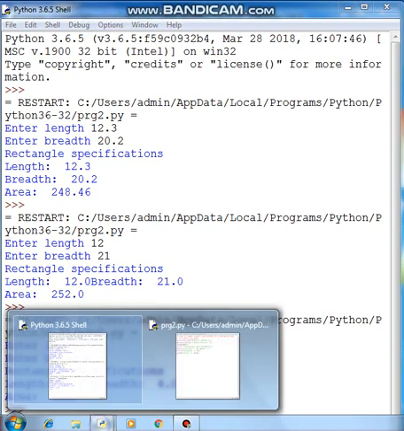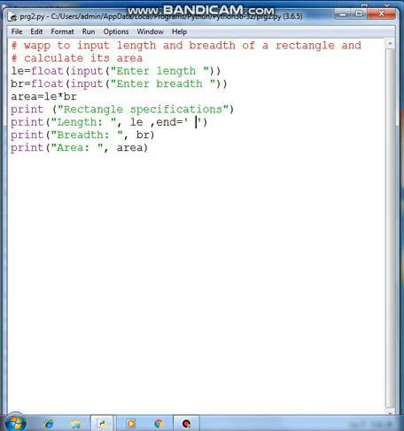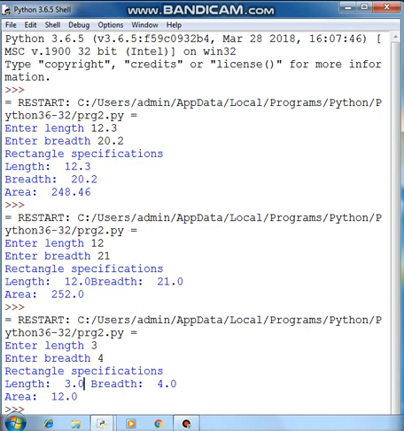Understood the program, students? Not only the program we did, but also we learned that if we wish to print the statements in the same line. We are using many different print statements, but we want to print them in the same line, so we can use end equal to. End equal to will print in the previous line, it won't go to the next line. The print statement you wrote afterwards will be printed in the same line. Okay, you can see the output so that you can easily understand the concept. Okay, fine students, in this program